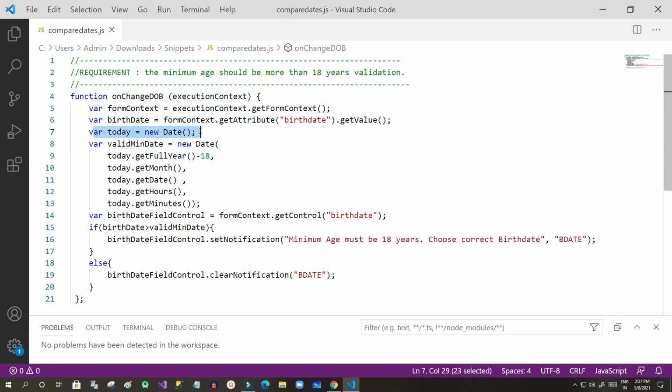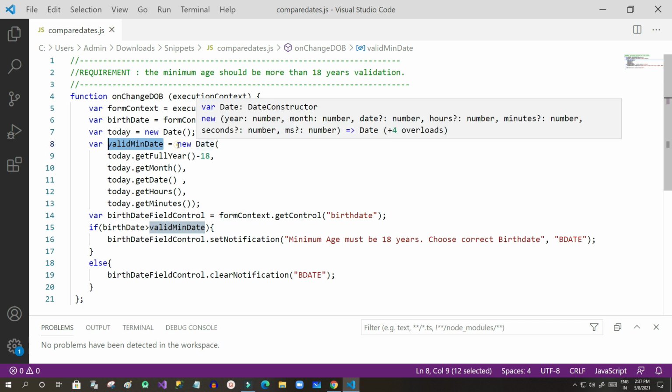And I have taken another variable to store today's date in JavaScript using the new Date function, and I'm creating a variable validMinimumDate which will be used for validation, that is, what will be the minimum age for a contact to be entered.